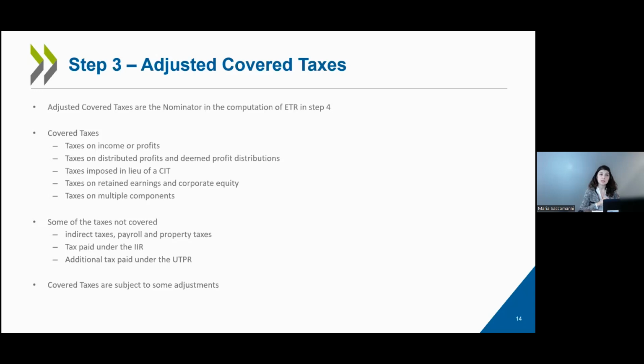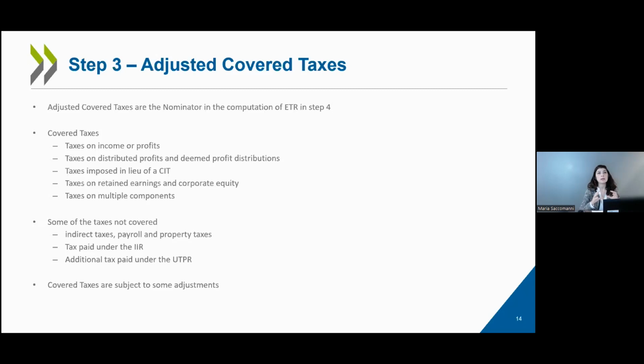And of course, this is another important point. Any type of tax that is levied under Pillar 2, that could be the income inclusion rule or the UTPR, that is accounted and will presumably be accounted in the tax line as qualified as an income tax, will be excluded, of course, in the computation of the numerator for the ETR. Otherwise, we have, of course, circularity.